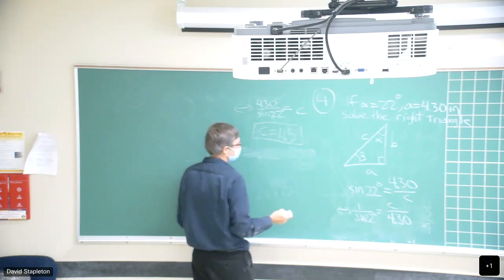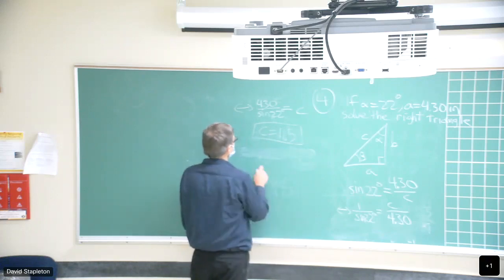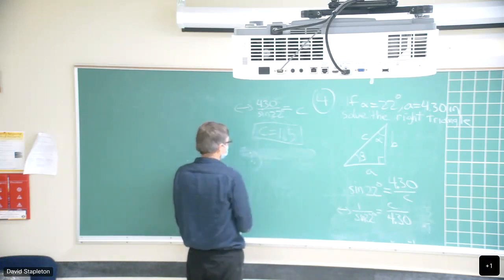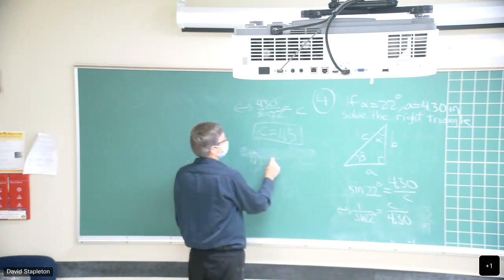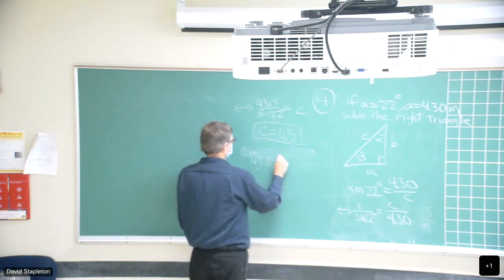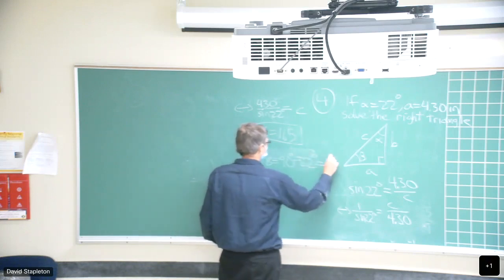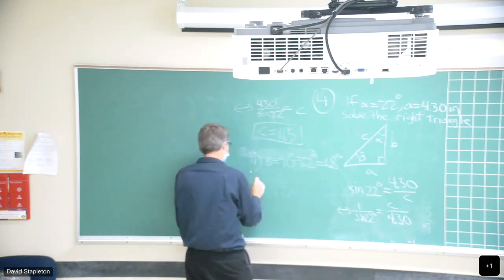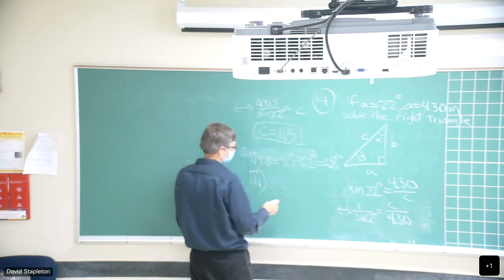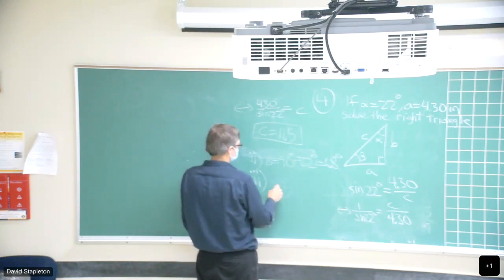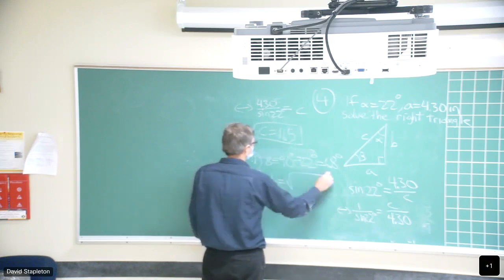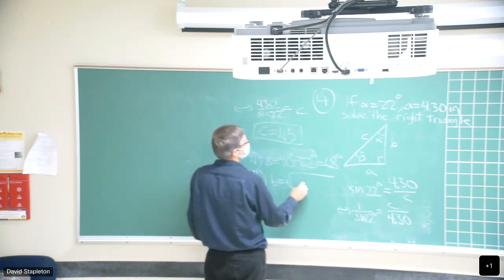Easier than that, what we've been doing is saying, once you find one of these, just use the other 2 properties and say sum of angles theorem, theta is 90 minus 22 degrees is 68 degrees, and then Pythagorean theorem is usually easier than using trig again, but use trig again if you want. We'll say that the last side, B, is the square root of the hypotenuse squared minus the other leg squared. So it's